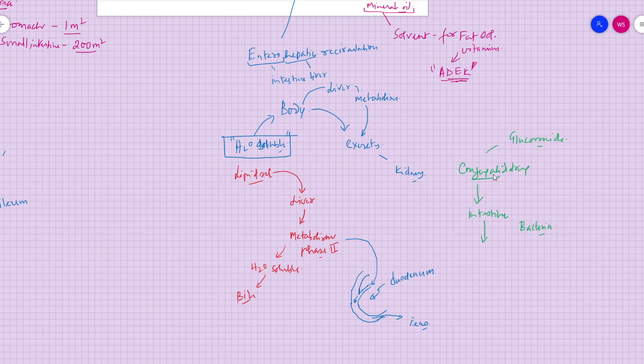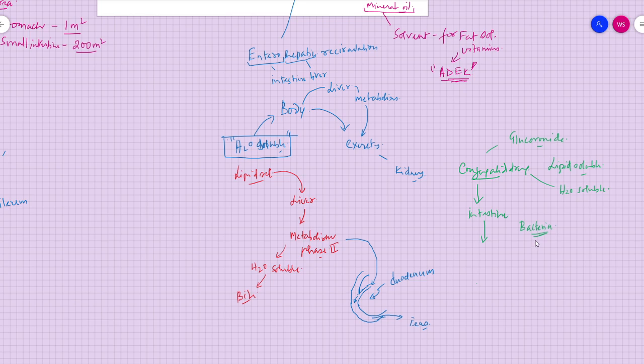What did we say? The initial drug was lipid soluble. By conjugation, the conjugated drug is water soluble. So this water soluble drug has come into the intestine, but there is bacteria, and these bacteria have got